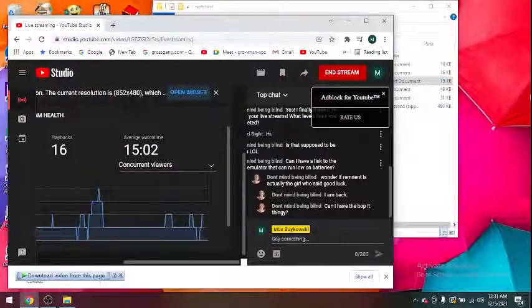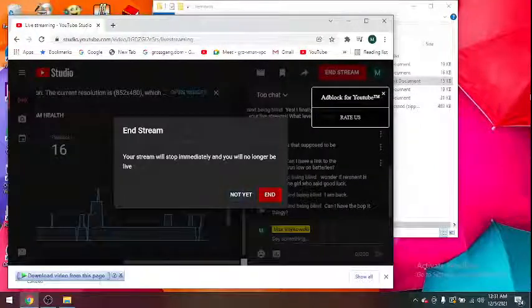Live stream in YouTube. Live stream in YouTube. All changes clickable. Create app share and clickable account. End stream. Exit. Clickable not yet button. End button. Button